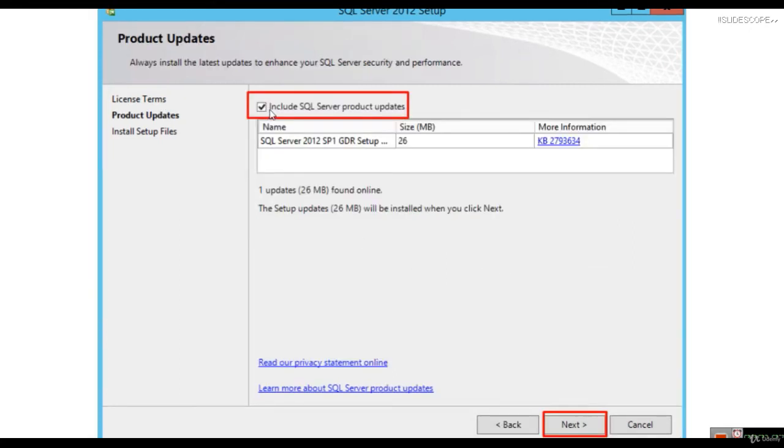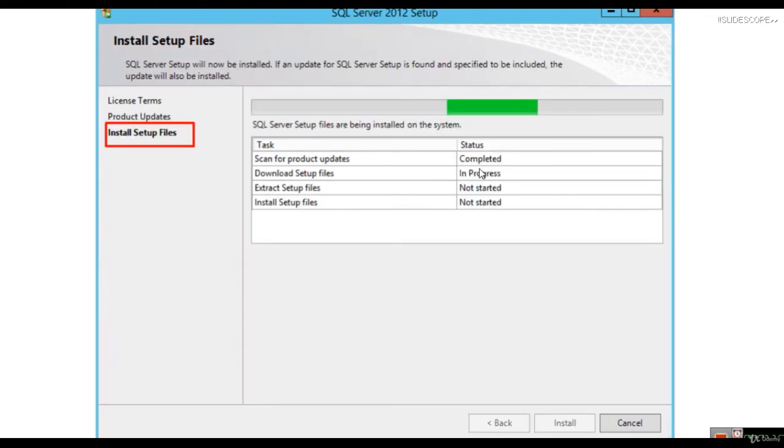Click on include SQL Server product updates if there are any, and click next. Then you have to install the setup files. You have to wait for some time here. It will download the setup files and extract them. You will see the processing.